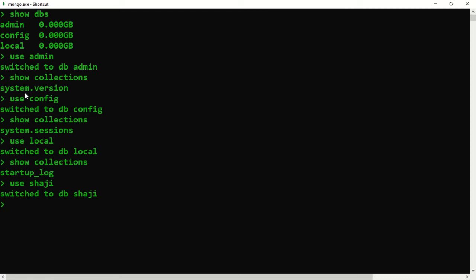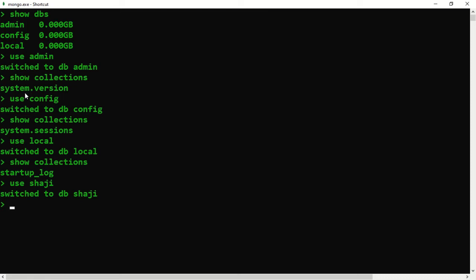When I say use Shaji, why am I using Shaji? First you have to create Shaji, right? In MongoDB, when you say use and a database name, it checks whether that database exists or not. If the Shaji database exists in the database list on the server, then it will switch to that particular database.